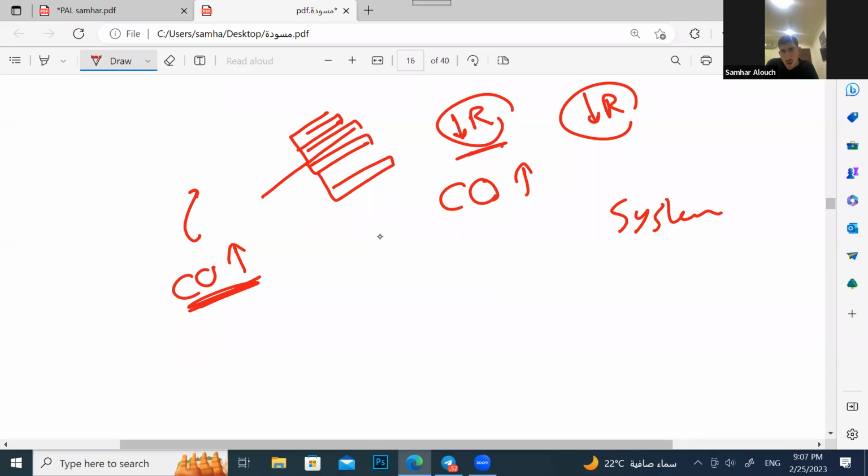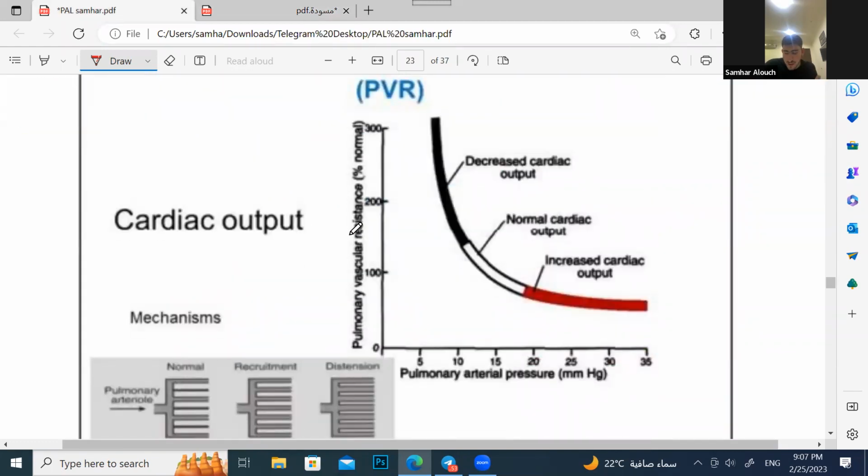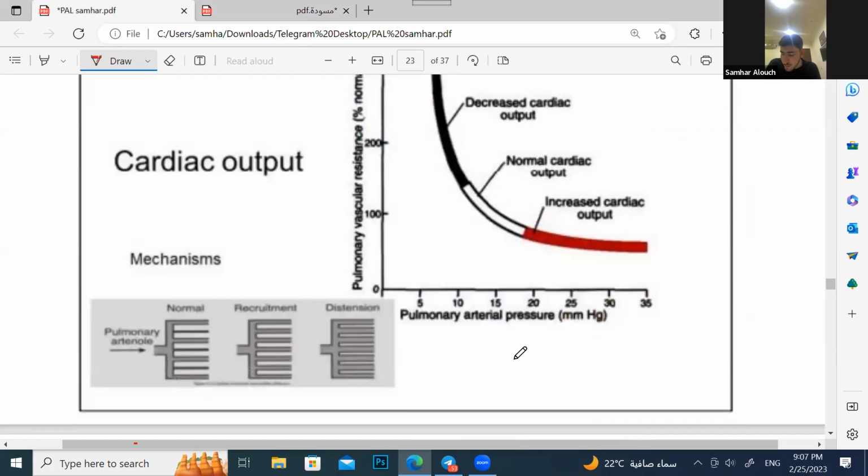If I increase cardiac output in the pulmonary circulation, I am recruiting more blood vessels, which will cause them to open, meaning vasodilate, and now I have a decrease in resistance. So this graph is very important, but it's only for pulmonary circulation. Here I have the pulmonary arterial pressure,